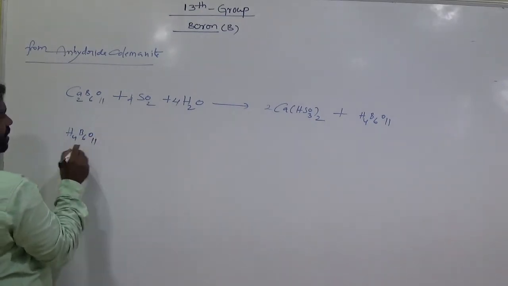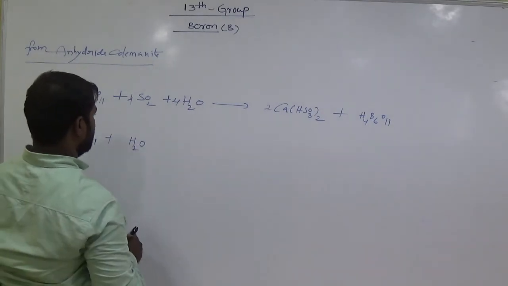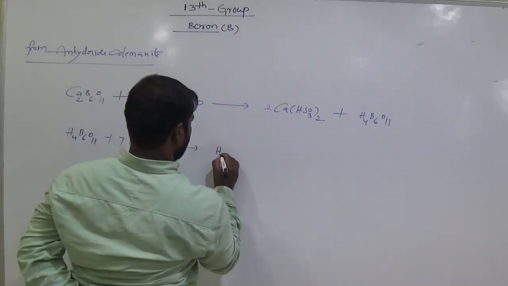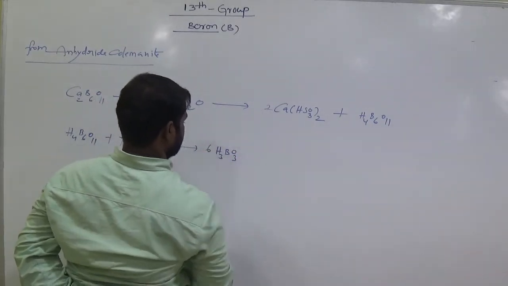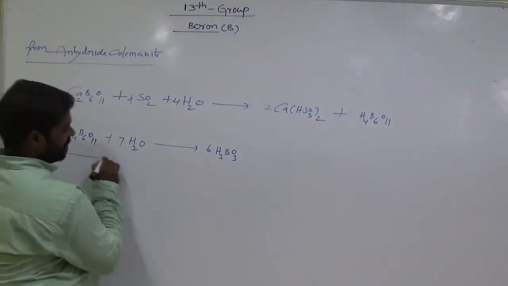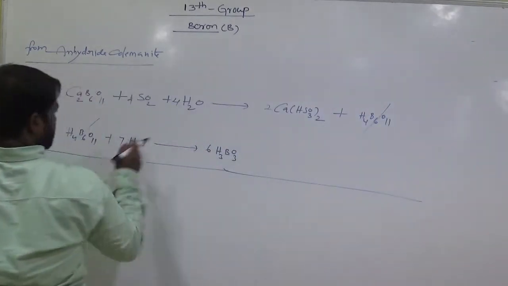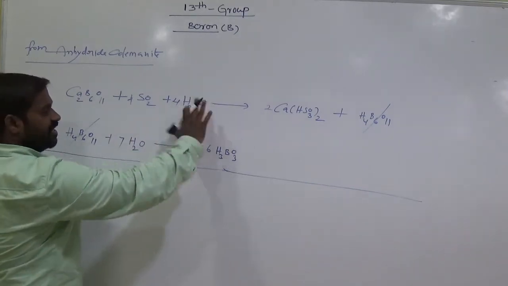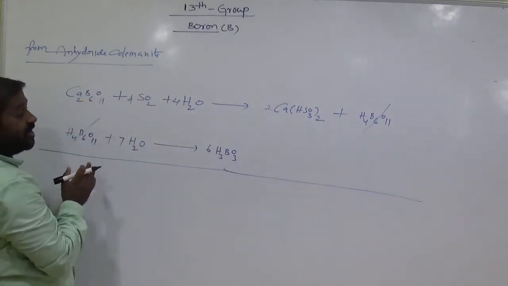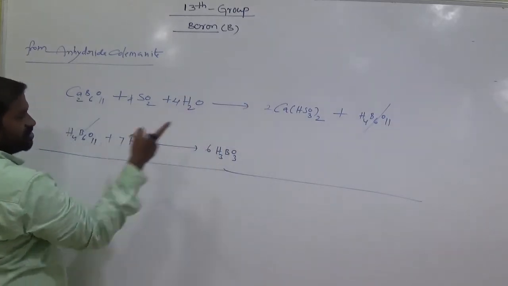So now again that formed product H4B6O11 interacts with water, which is 7 moles here, it gives H3BO3, 6 moles. So now the final reaction here we have, so cancel this one and this one on both sides. The right side of the equality and the left side of the equality, these are the same terms, you know, so both cancel.